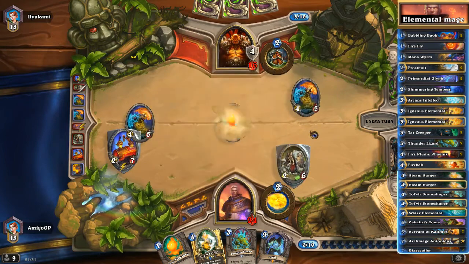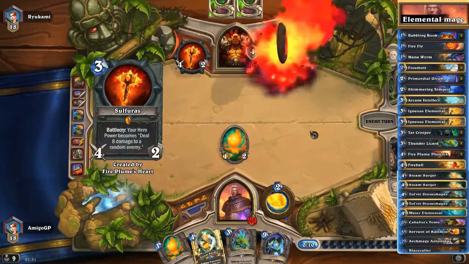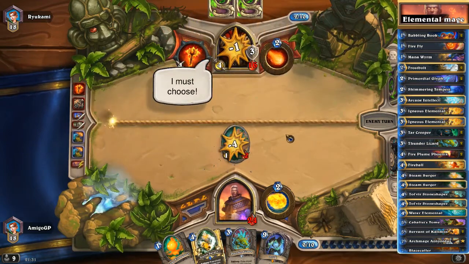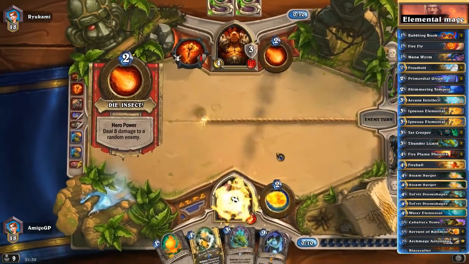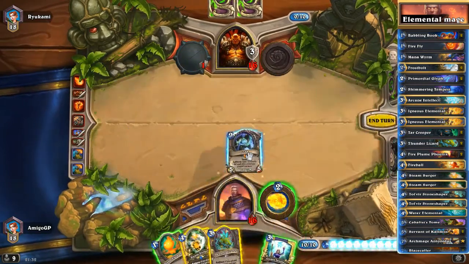The 1/2 fire elemental. Interesting. So he's gonna just, oh come on, you seriously gonna kill that cute little thing? Why would you kill that 1/2 mini fire elemental? Why? So he's just gonna go face now with his OP hero power, like everybody says, and we're just gonna